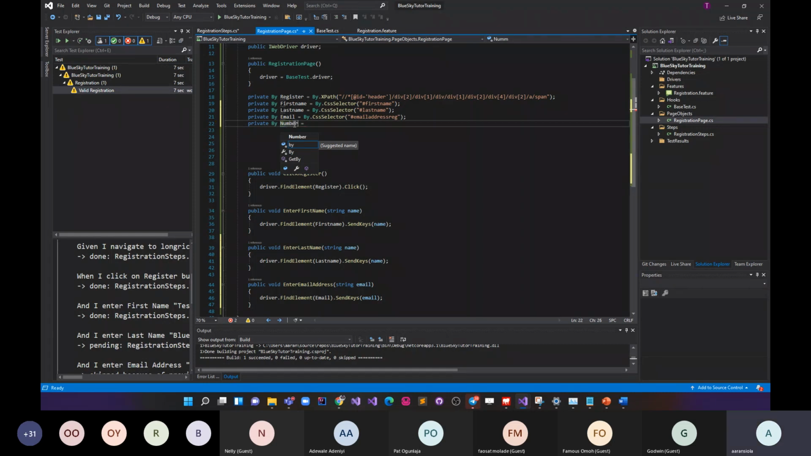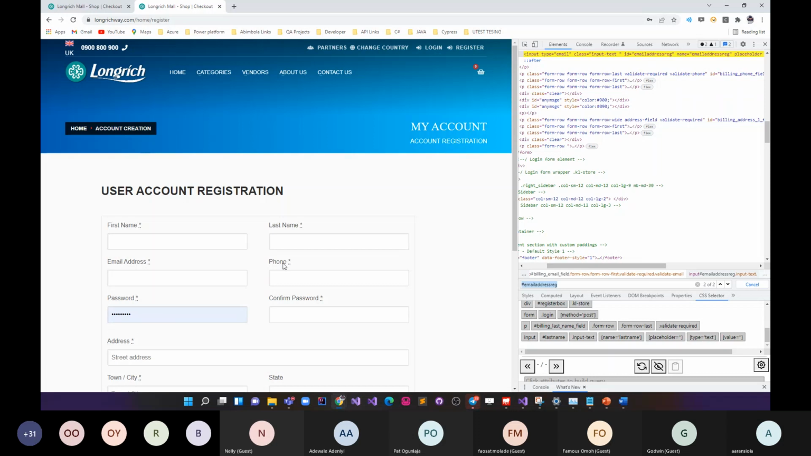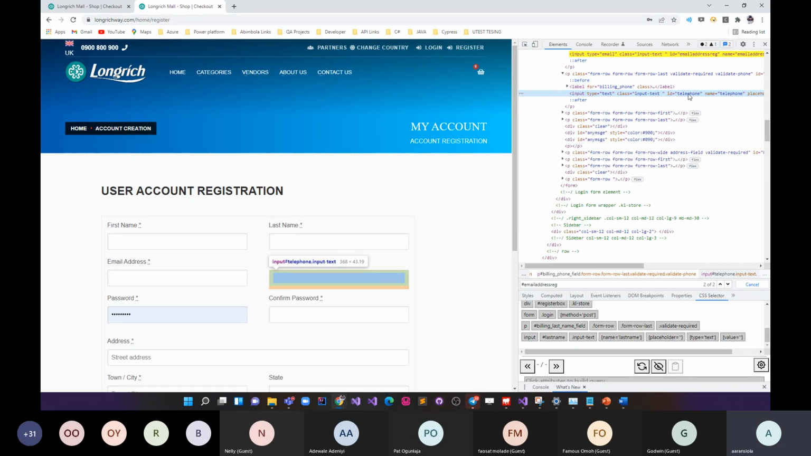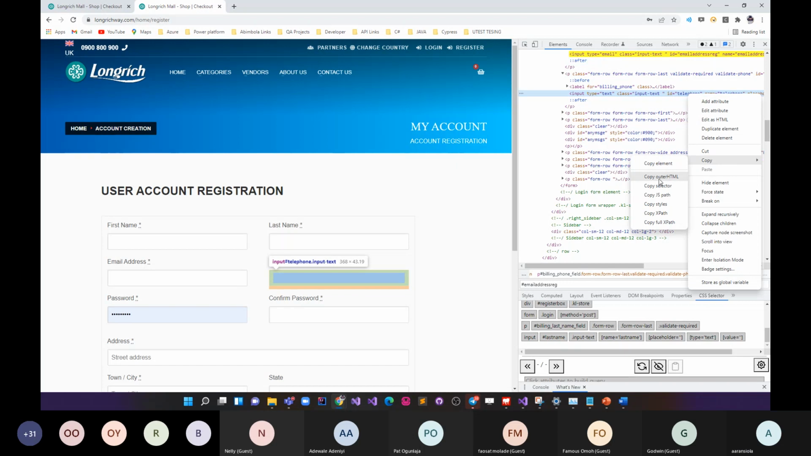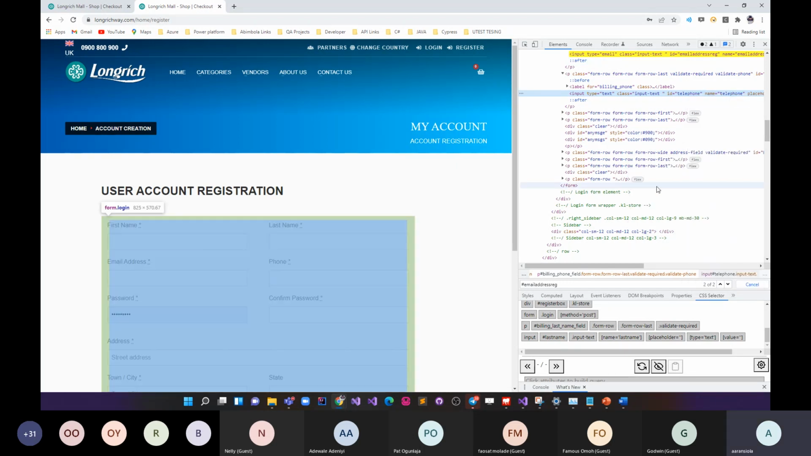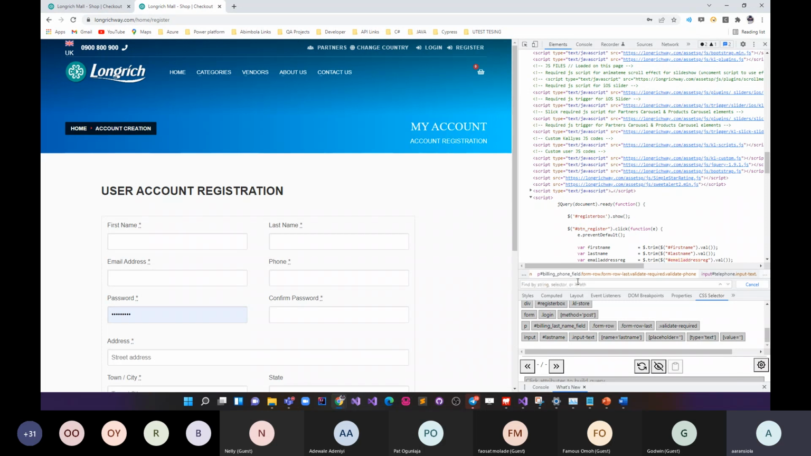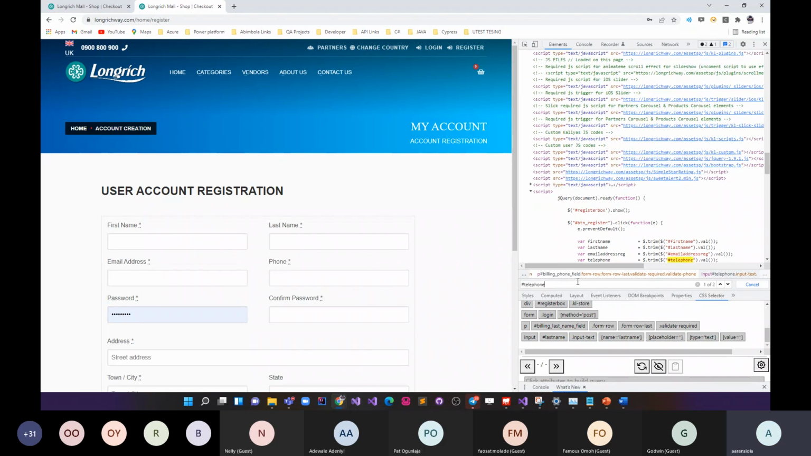Then By dot. So which locator am I using? Okay. We also have ID, which is good. Just right click, copy selector. And also you need to put it here just to know. Sometimes it might be 1 of 4, it might be 1 of 100, it might be 1